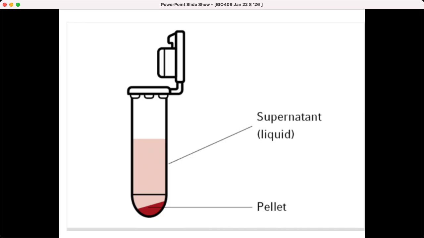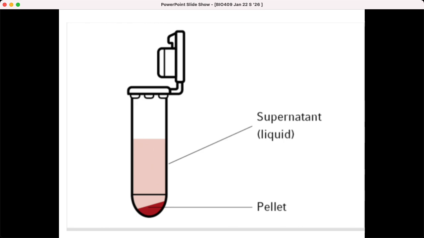So there'll be some liquid, and it'll be spun, and maybe there'll be a pellet. And the pellet is just stuff that was denser than the liquid, and so it got pelleted at the bottom. And it's little stuff, like little mitochondria, so you had to spin it pretty hard. It would eventually settle out at normal gravity, but it might take 10 years, so it's just not going to settle out very well.